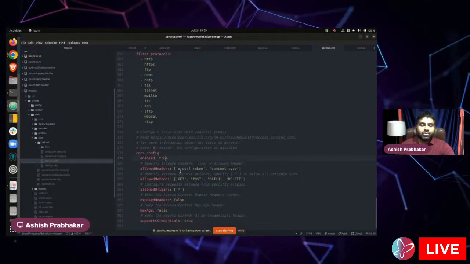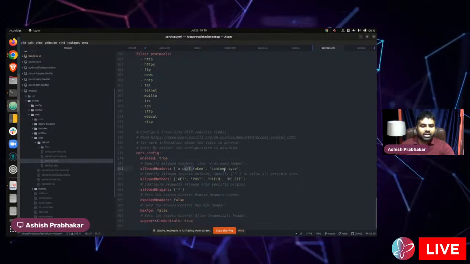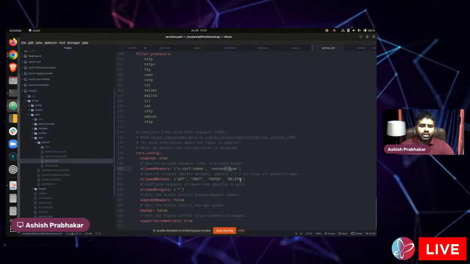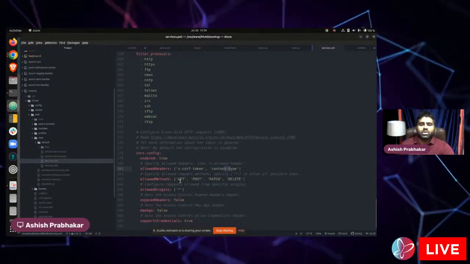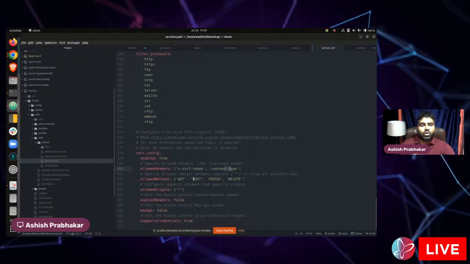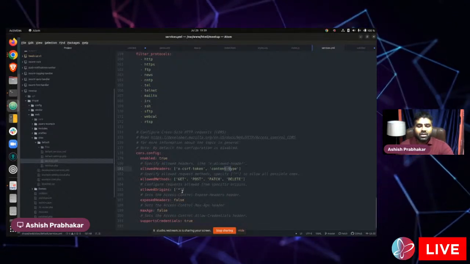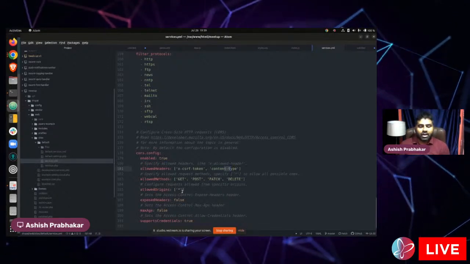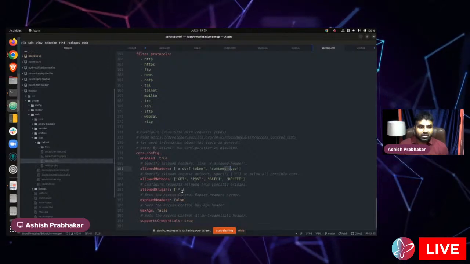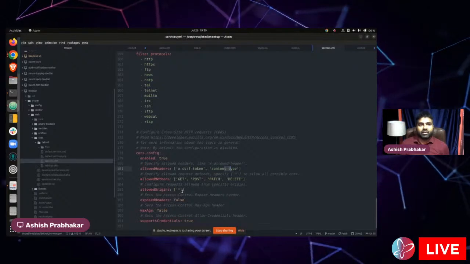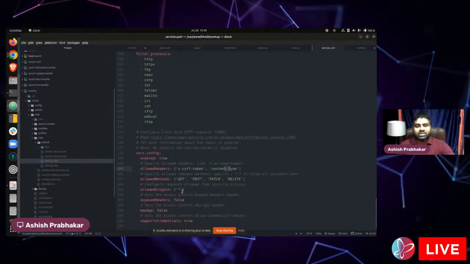I've allowed the CSRF token. I've allowed content type as headers. For methods, I've allowed get, post, patch, and delete. Get is to get the content, post is if you want to add new content, patch is if you want to update content, and delete is if you want to delete content. And allowed origins are which origins you want these methods to be accessible from. If you allow everything, like I did with a star here,